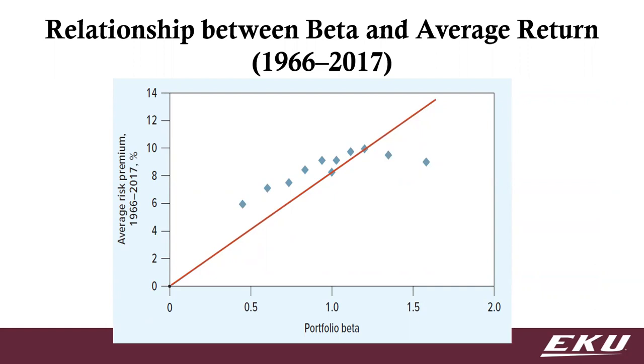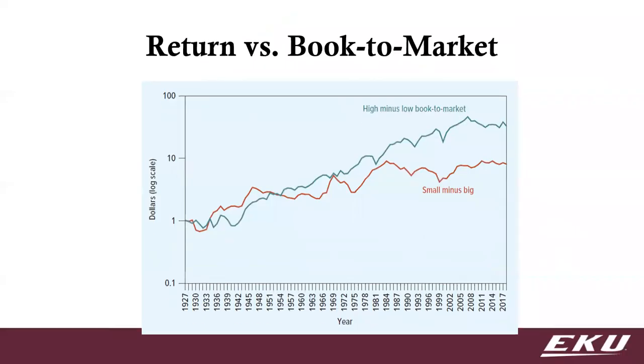But given that the data doesn't really fit, it's like, okay, this isn't the best model, right? So what else could we do? And not to belabor the point, but just jump to the punchline, right? The two factors that they tried adding to see how this worked was looking at the market, the book to